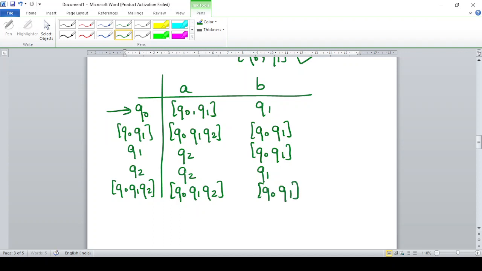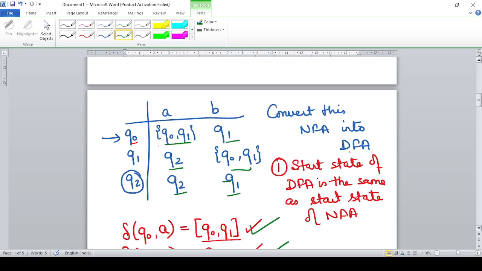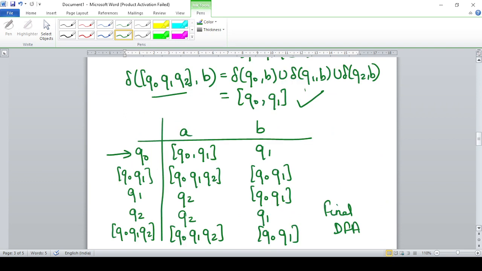So all the states we have covered. So this is your final DFA. But before that what is remaining here is the final state. As you see in the given question of an FA which you had to convert into DFA, what was the final state? The final state was Q2. So in whichever set you are getting a state Q2, mark it as the final state. So you are getting Q2 over here, make it the final state. Q2 is also coming over here, so we make it the final state. So these are two final states. There are two final states in this DFA, and this is your final DFA that we have made.